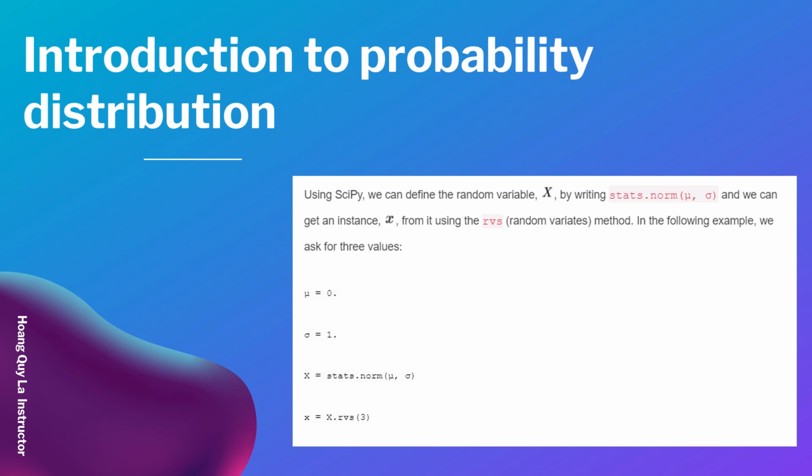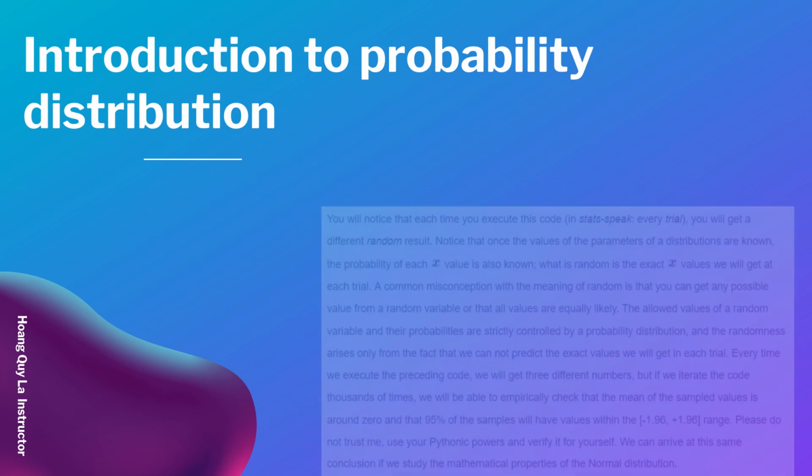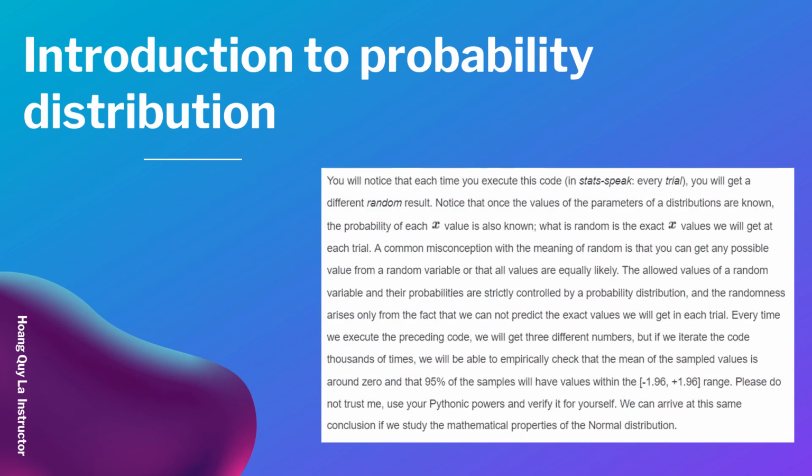In the following example, we ask for three values. We define mu equals 0, standard deviation equals 1, x equals stats.norm, and then we call the rvs method here. You will notice that each time you execute this code, in every trial you will get different